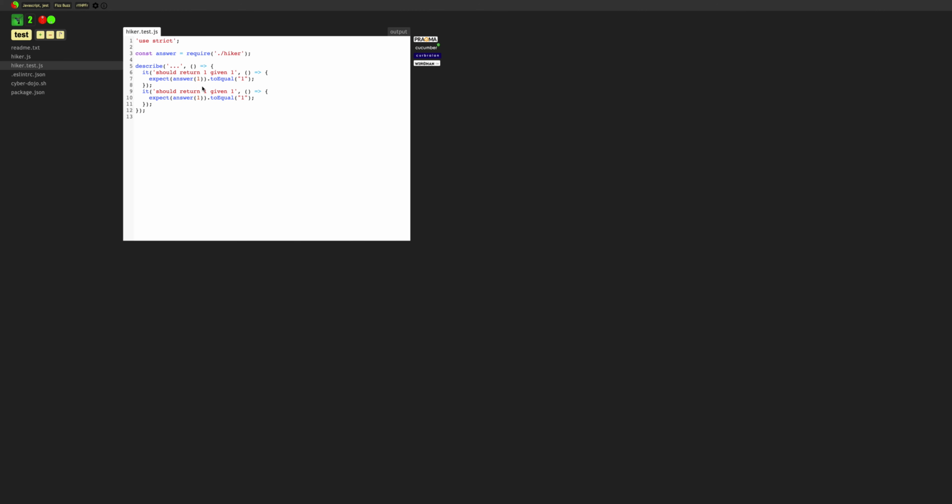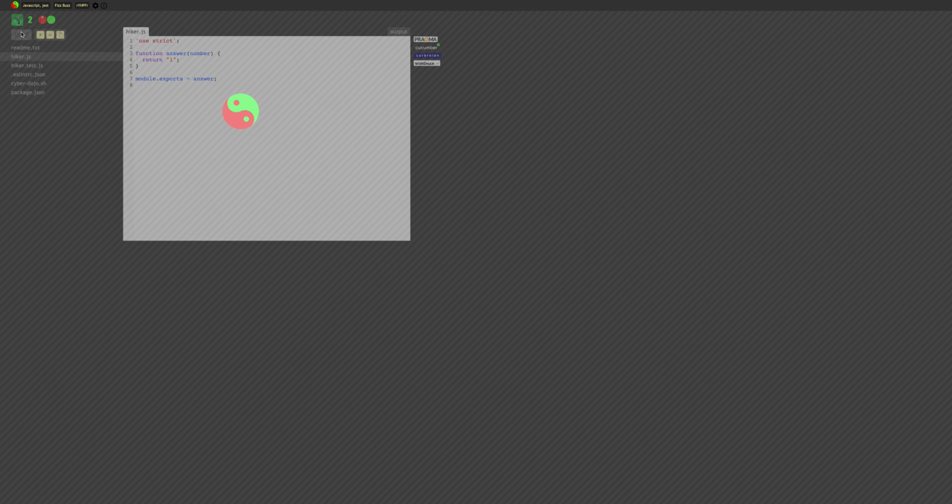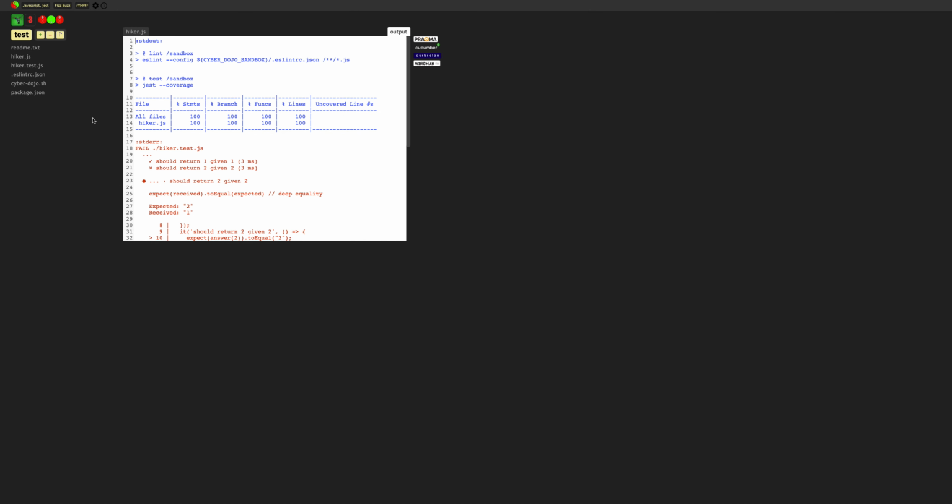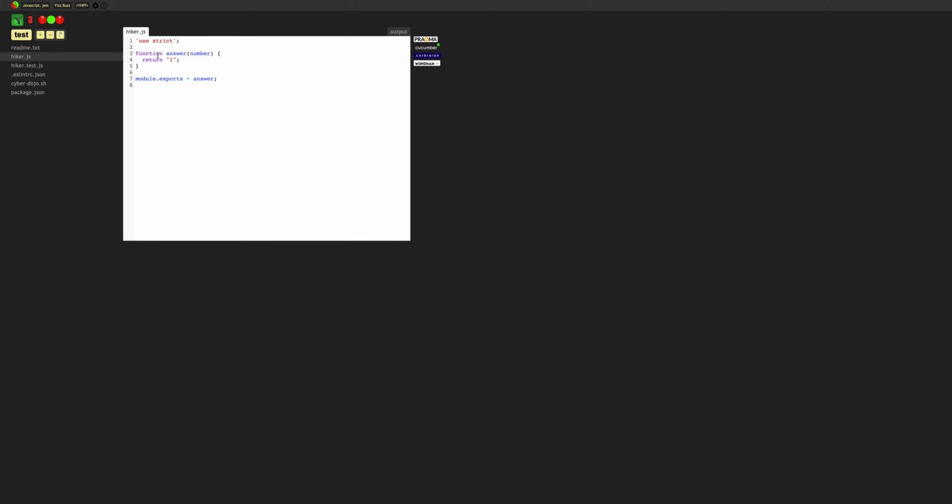We're going to make another test, and we're going to say that given 2, we're going to return 2. Well, he's not going to say that. The navigator is going to say that. But you get the point. So we do a 2 there, and we go in here, and well, actually, we run the test first, and it will fail, hopefully. Yes, it does. It expects 2 back. So we're going to give it